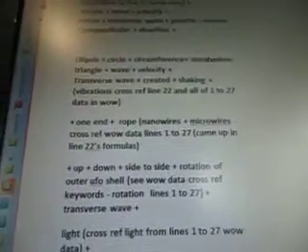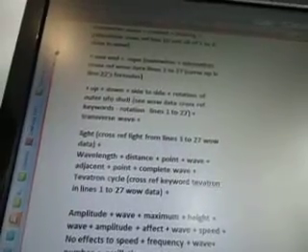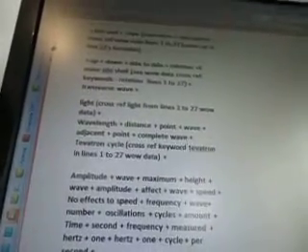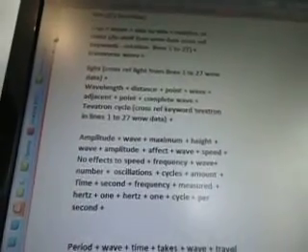One end rope, nanowires plus microwave wires, cross-reference WOW data lines 1 to 27 came up in lines 22 formulas. Up, down, side to side, rotation of outer UFO shell, see WOW data cross-reference keywords, rotation lines 1 to 27, transverse wave light, cross-reference from lines 1 to 27, wavelength, distance, point, wave, adjacent point, complete,